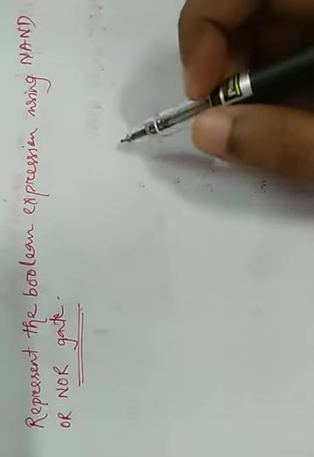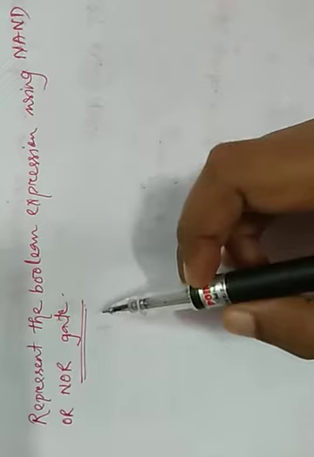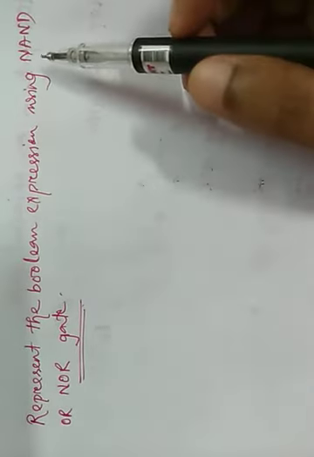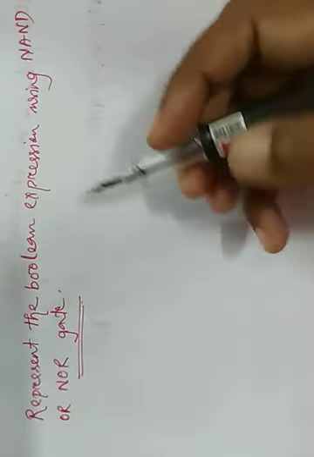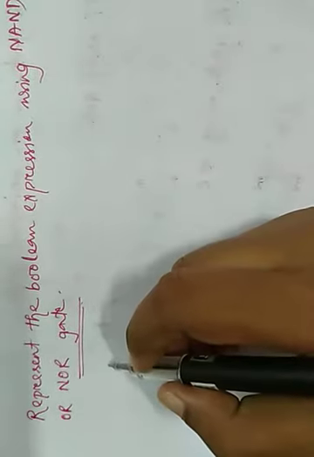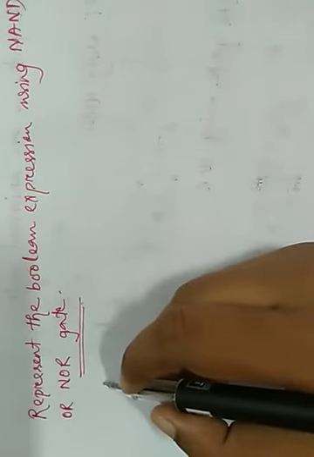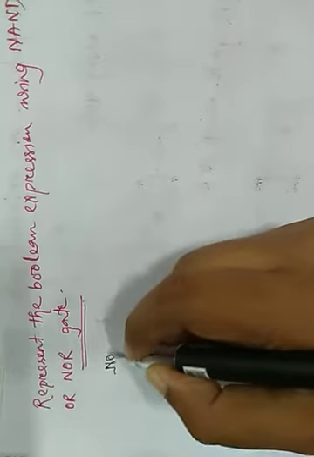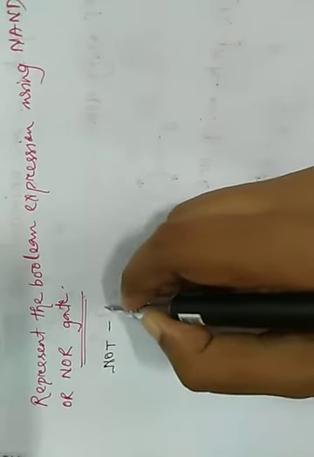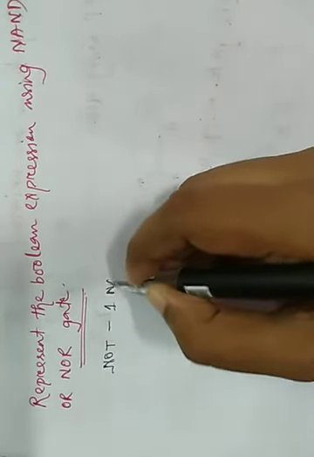In this video, we are going to see how we can represent a Boolean expression's logic diagram using NAND and NOR gate only. Okay, just mind it very carefully. So our representation is for NOT gate. We know, I am writing here again for NOT, we need either one NAND